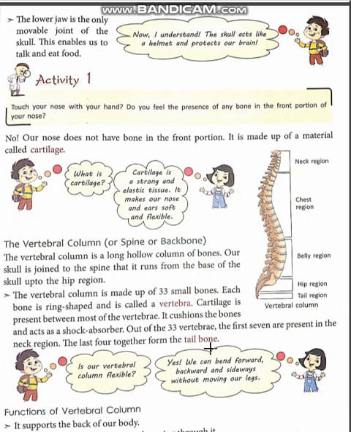Each line is important. Let's have a quick recap of this. Vertebral column, also known as spine or backbone. It is a long column of hollow bones which is joined at the upper part with the skull and at the lower with the hip. The upper 7 vertebral bones form the neck and the lower ones form the tail. They are 33 in number. One single bone is called a vertebra, and in between these vertebrae cartilage is present and acts like a cushion or a shock absorber for them.